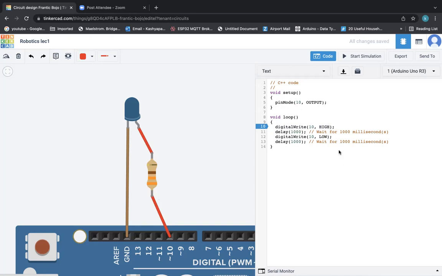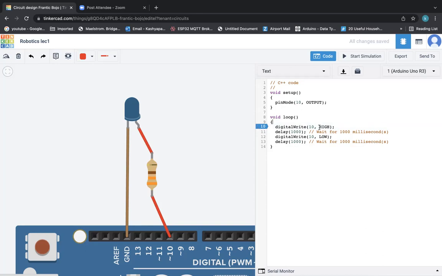High means give 5 volts, low means don't give 5 volts, right?